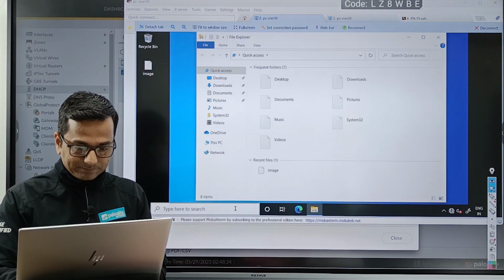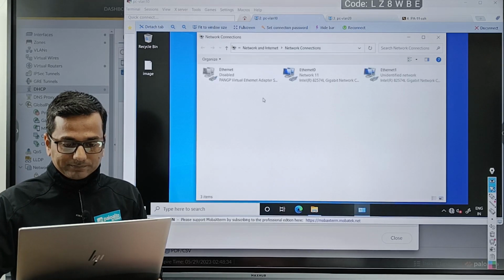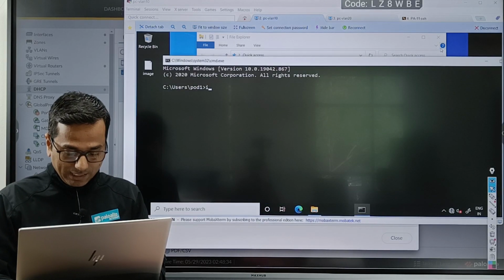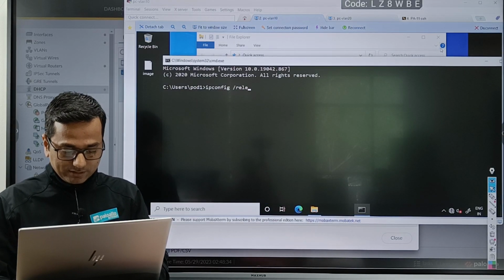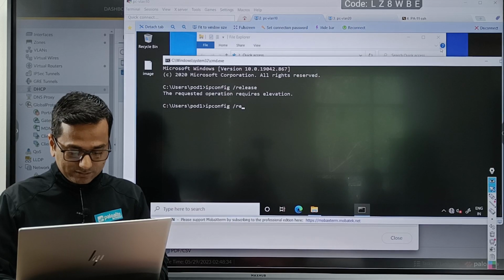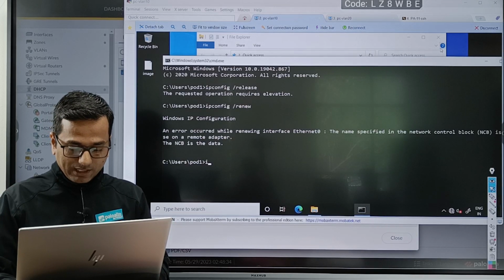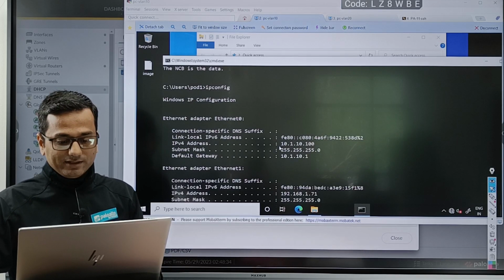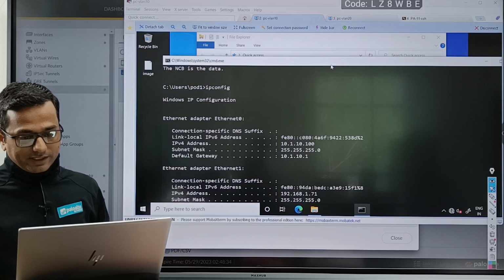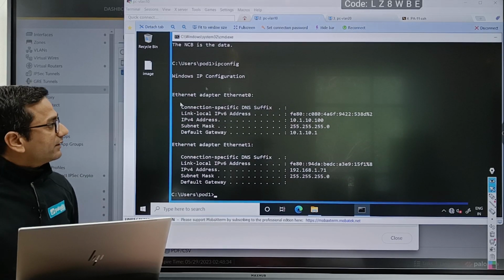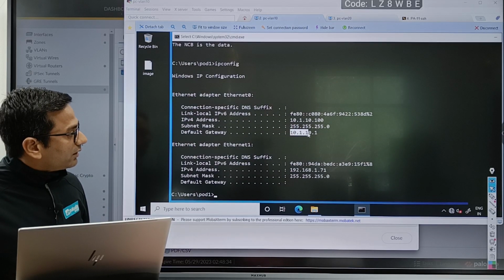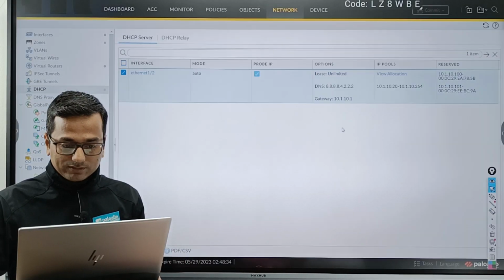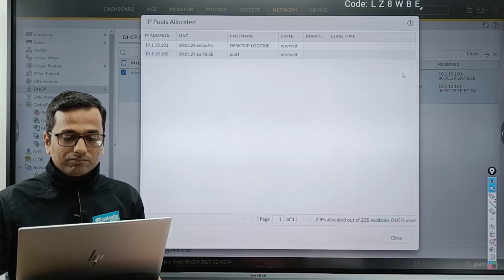Sorry, my bad. Go to the command line, cmd, ipconfig /release and /renew. Perfect. ipconfig again: 10.1.10.100. Perfect. And the default gateway 10.1.10.1. Clear?